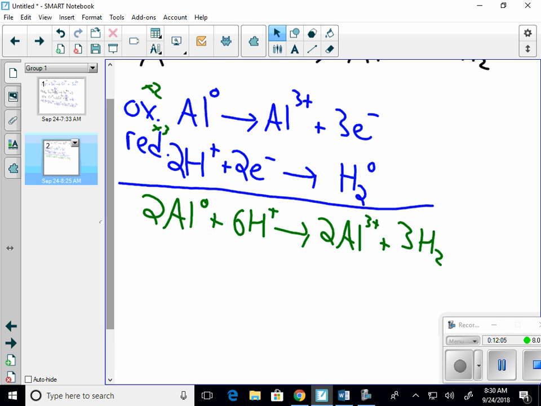But I kind of like to do this one step at a time, where last class we learned how to identify what was oxidized and reduced. Quite frankly, a review from Chem 1. Today we learned how to write an oxidation equation like I did up on the board, the aluminum becoming aluminum 3+ plus 3 electrons. We learned how to write a reduction equation, and we learned how to combine the 2 together. That combine the 2 together is what's going to be helpful for us later on when we do stoichiometry. So for today,